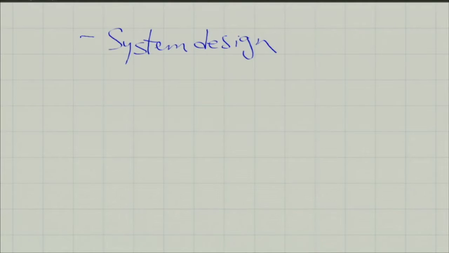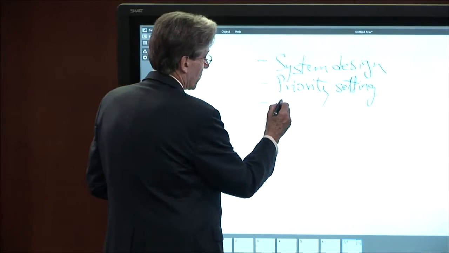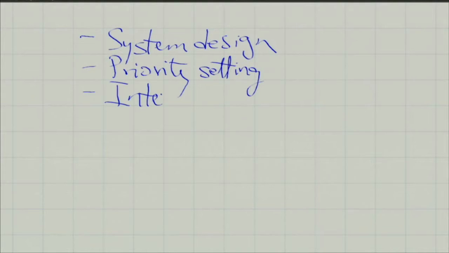When you say, here's how the financing is going to work, how the provision of services, how the resources are going to be developed, that's a big part. Very important is priority setting. And you will have full courses about just this question. We have a center here for health decision science that just studies this question. How do we make decisions about what's important and what's not? And then there's this very important sub-function that we've been talking about: intersectoral advocacy.